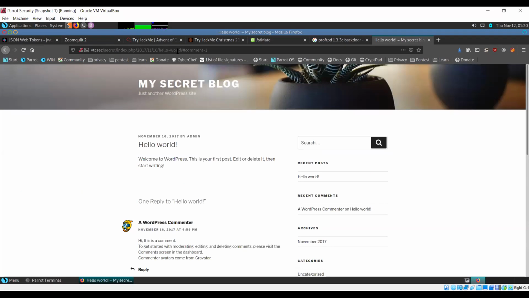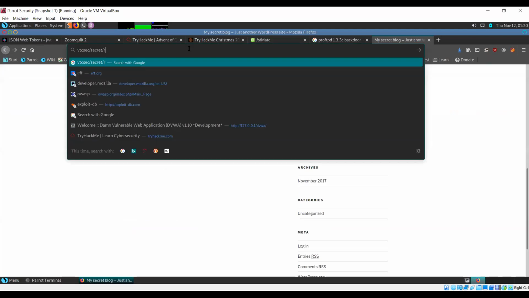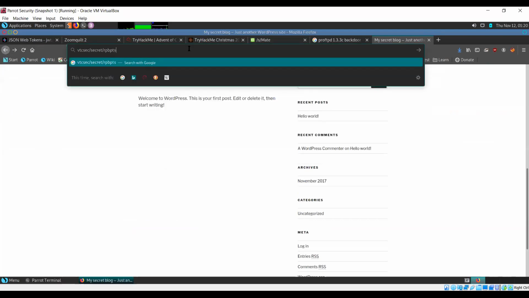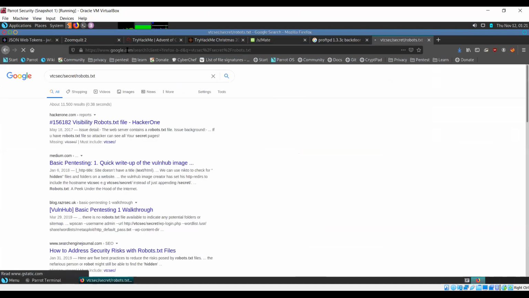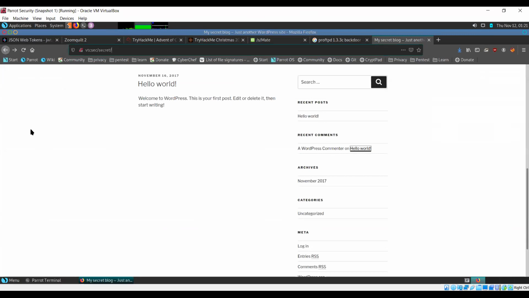If I go back here now, every website has a text file known as robots.txt. It actually contains directions for web crawlers, and it tells them what pages they can visit and what they are not allowed to visit.